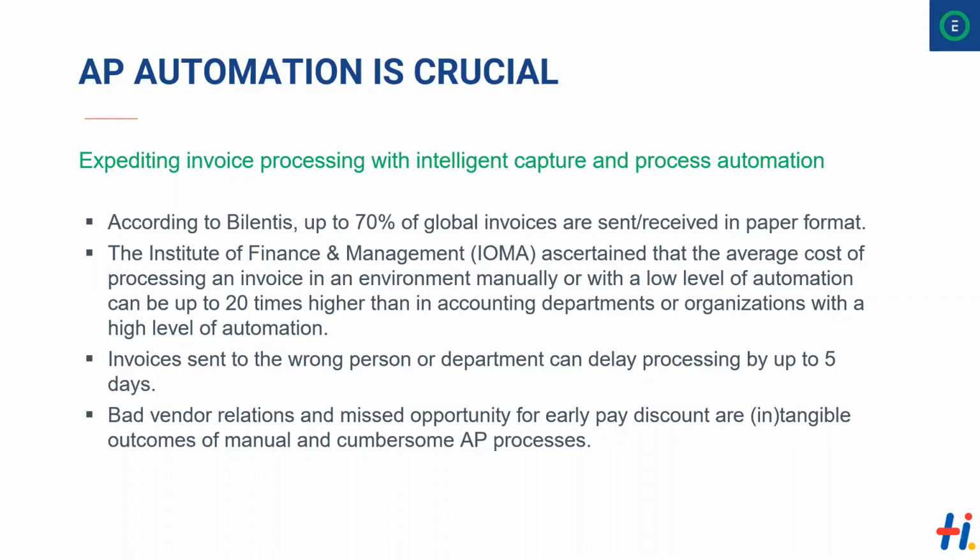And then there's also just basic things like Anila and Chandru are going to get into a little bit later when we dig into the workflow: how invoices are received and who they're sent to, and how those processes are managed from a replication perspective. If you have a vendor, and SpartanNash is a huge organization that grows through mergers and acquisitions, and you have small companies and large companies, when you have vendors working with all of these different organizations and sending in invoices, simply sending it to the wrong person or the wrong department can delay that processing by up to 5 days on average, which is massive.